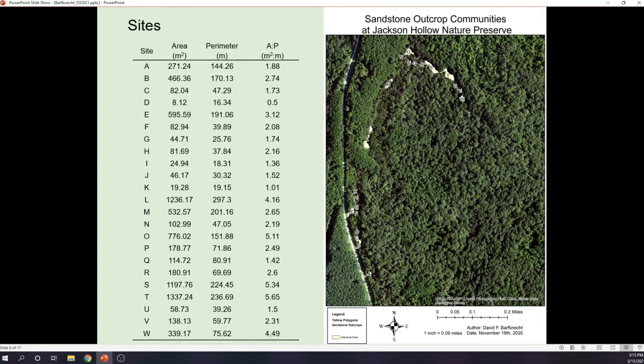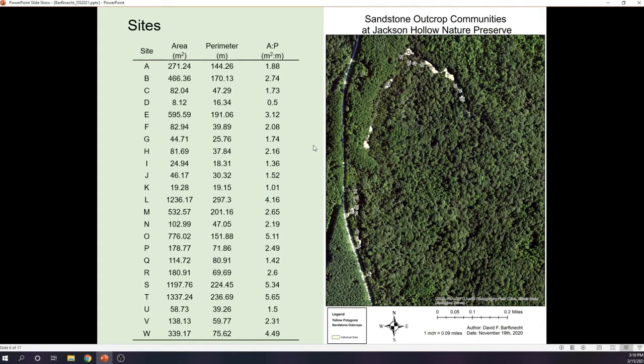And while I do believe that area and perimeter are quite self-explanatory in this case, area to perimeter is a metric that has to do with shape regularity. At the highest value of area to perimeter ratio, you're going to have something close to what would be considered a perfect circle, where you'd have virtually no patch irregularity, whereas a more linear and jagged system would tend to have a lower value. So for example, a low value in here would be something like K, or in this case even D, which, those two are pretty hard to see, but they're very small communities that also are highly irregular.